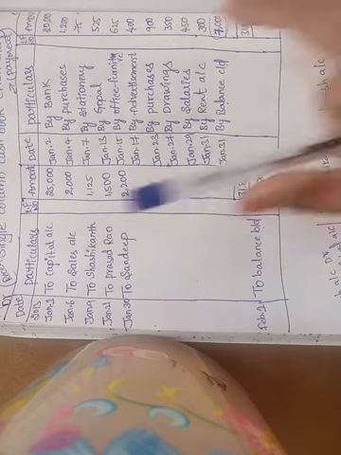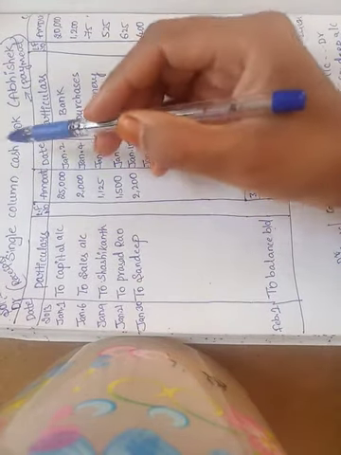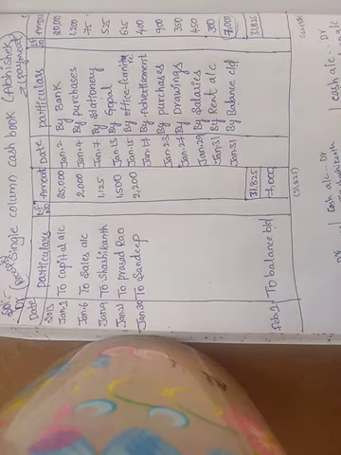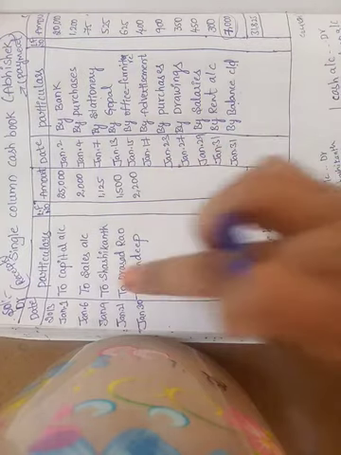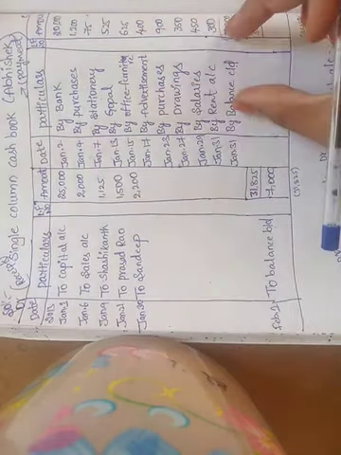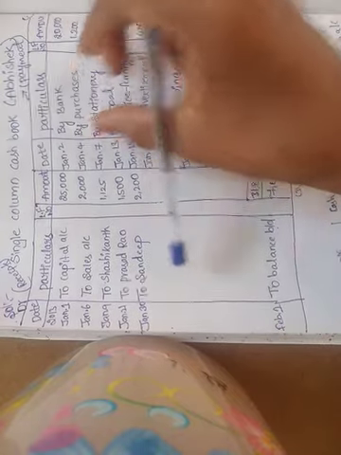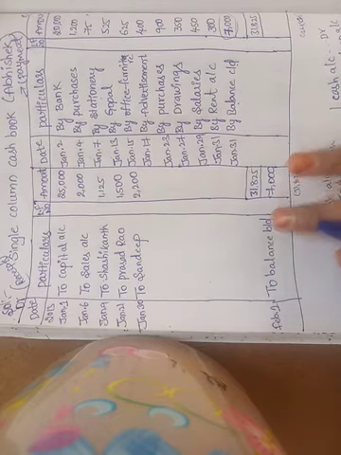Okay, this is the answer in the single column cash book, or simple column cash book, in the books of Abhishek. Simply remember that receipts are cash received from some other person, or when goods are sold, and these come under the debit side. And when payments are made, such as purchasing goods, paying cash to some other person, paid advertisement, paid rent, paid salaries, those are payments. So all the payments will come under the credit side. It is one type of trick to remember. Okay, this is the answer.